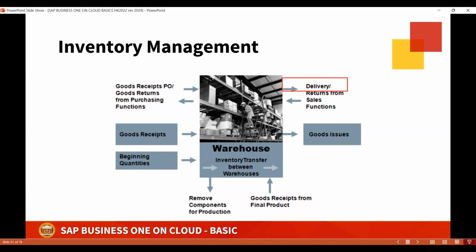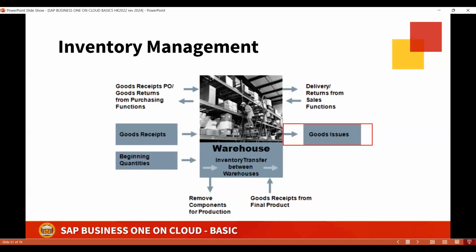Next, delivery decreases the level of our inventory. Why? We are releasing a good from our company to our customer. In the same sense, for example, our customer found out that the item sold is damaged or not of the quality our customer is seeking. The customer will return the item, and thus the return itself will increase the level of our inventory. In terms of inventory management, again, the goods receipt increases our inventory level.